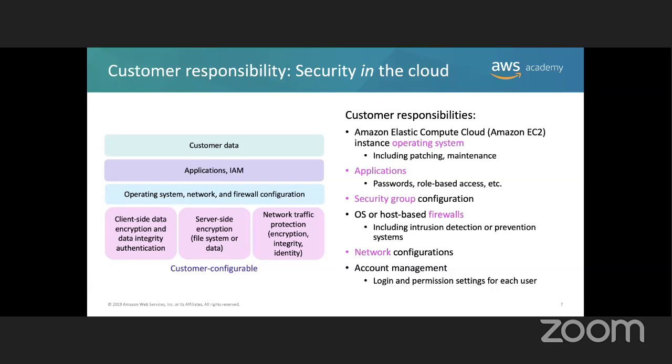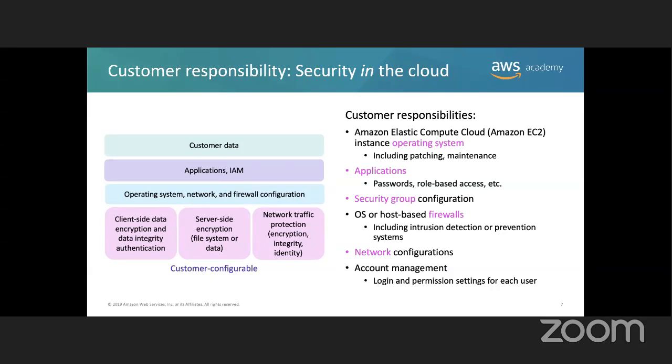Network configurations, we have to configure our VPC. We have to configure the VPC logs to get a list of all the IP addresses that have been accepted and rejected in the network. We have to configure the access logs from the load balancers to get all the information, all the IP addresses that are trying to access our network. Account management, we have to create users, we have to create groups, roles, we have to set up permissions for the users, you have to create the different groups and give permissions to the group, okay?